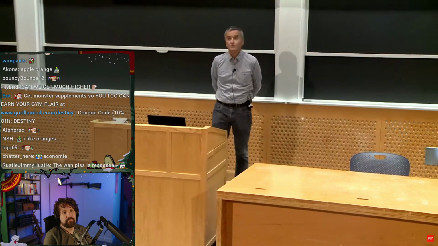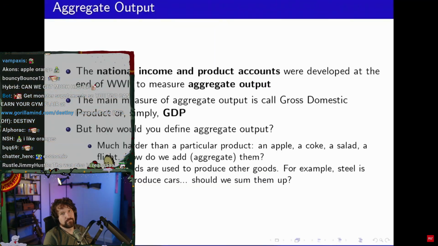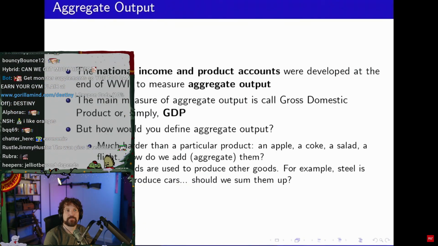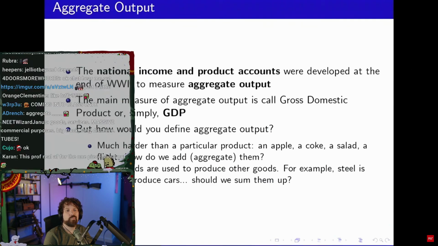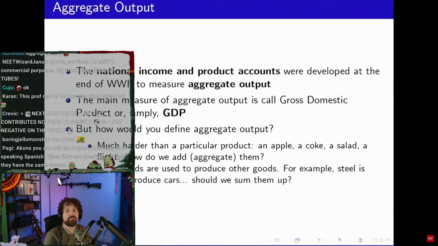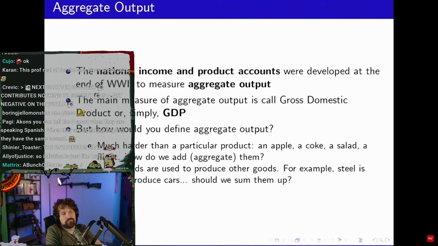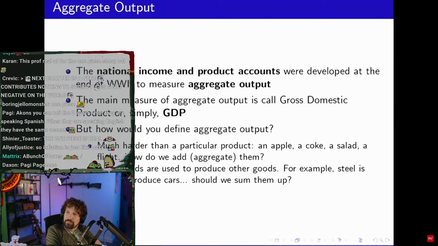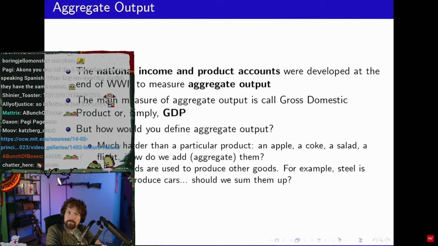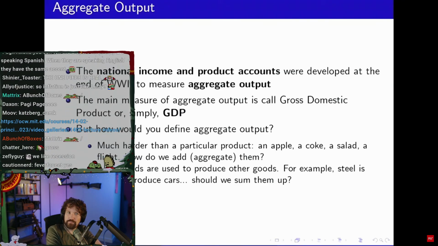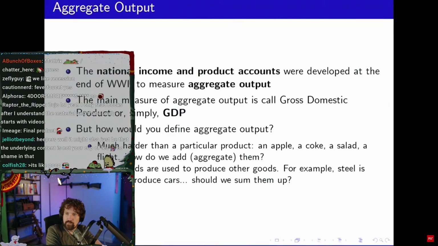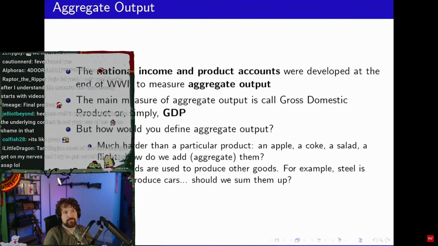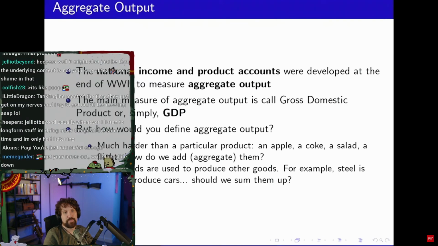Okay, so let me start with the most basic thing. Aggregate output. At the end of the day, whether the economy is in a recession or not, and so we don't like it or we do like it, depends on what is happening to output. Is output growing at the pace it used to grow, or is it growing less, or is it declining? Well, that's very important for macro, and to understand the macroeconomic health of an economy. But we need to start by defining what we mean by output. And because it's a tricky thing to do when you're adding so many apples, oranges, financial services, entertainment, and lots of things that are very different,